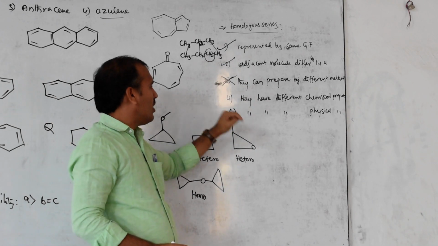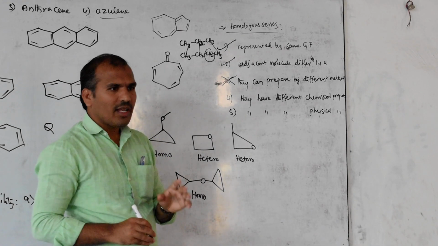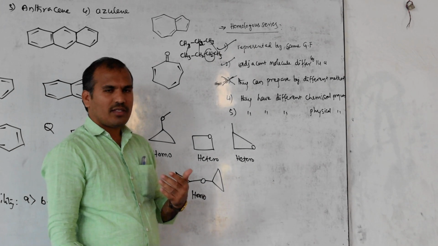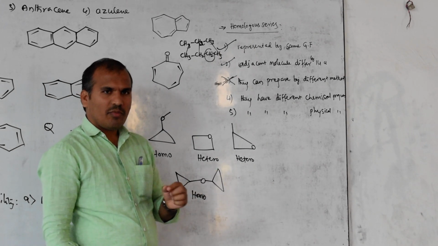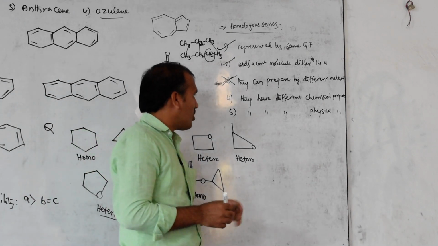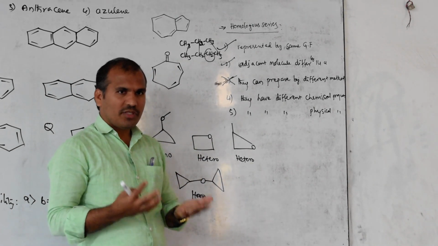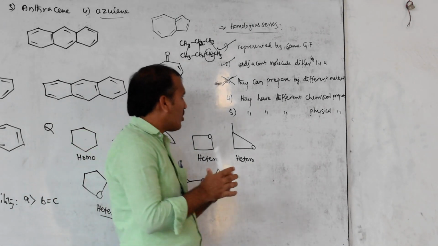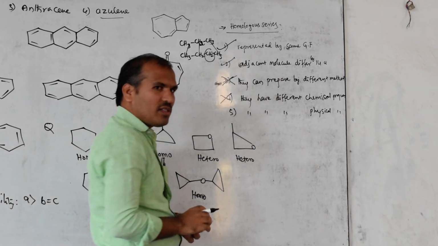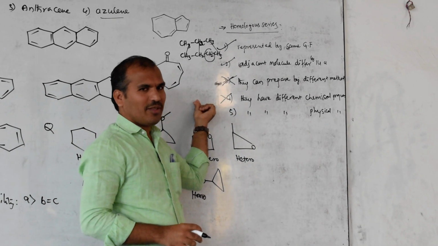compounds. Next, they have different chemical properties? No. They have similar chemical properties. If you take the alcohols, primary, secondary, tertiary, they may have slightly different properties, but their properties are nearly the same. Acidic nature or boiling point, maybe. Sorry, physical properties are different; chemical properties are similar. Chemical properties we can't see; physical properties we can see with our eyes. So 'they have different chemical properties' is wrong. They have the same chemical properties. Based on this, what do you have to add? Just note that they have similar chemical properties.